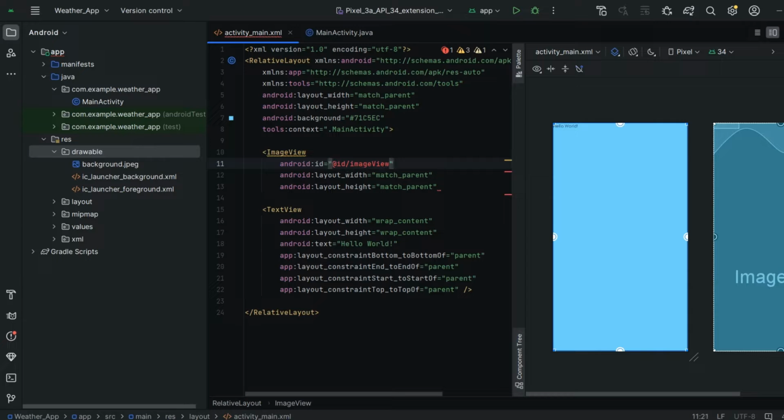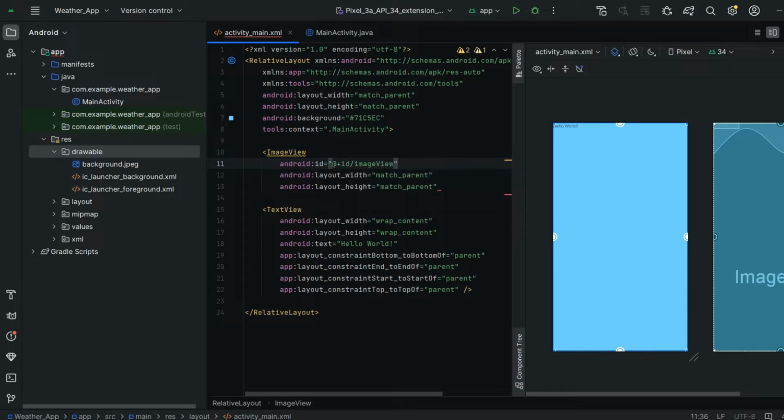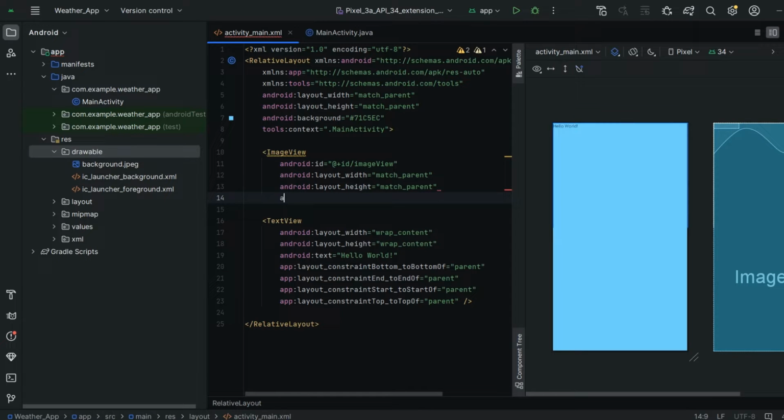So I forgot the plus here, guys. Place @+id/imageView. Yeah, now it's okay. Next I have to import those image. Here for importing those image, the downloaded this background JPEG, right? We have to get these image to our image view.